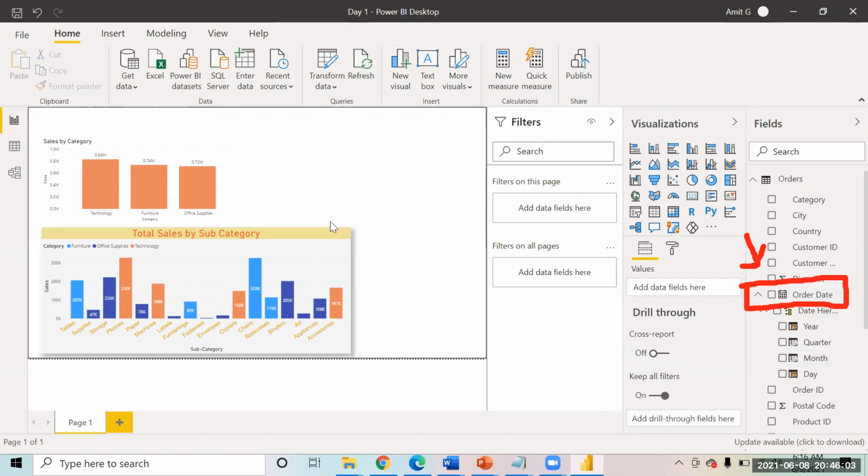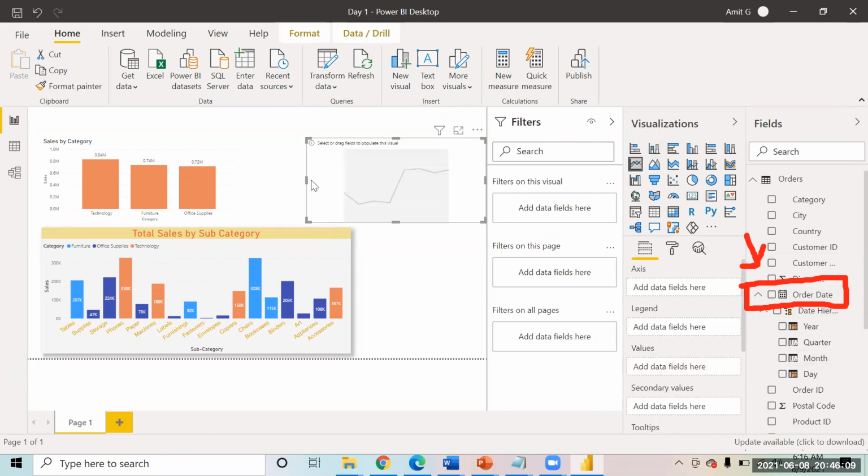Okay. So now how will I use it? Let's pick up the line chart. If you pick up a line chart over here, you will notice that similar options that we got on a bar chart have come up on the axis also. What do I want to keep on the axis?